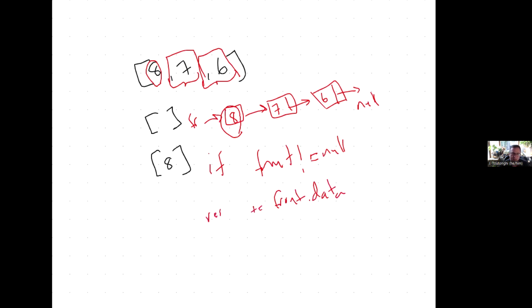Then we want to run through this idea of having a current. Current in this case is going to start at front.next. And then we're going to say, while current is not null,